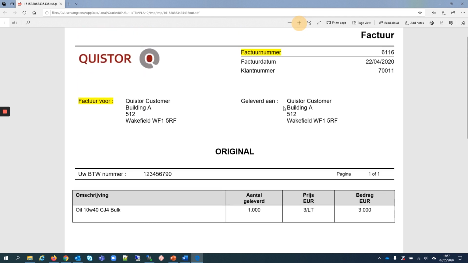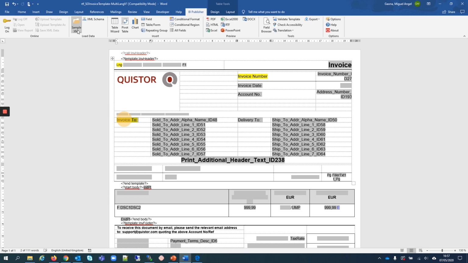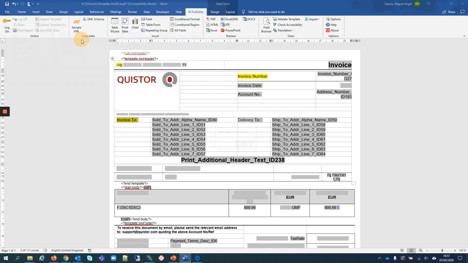So as you can see, in my XML file, my customer language code was Dutch. And as you can see, the different headings are in Dutch. Now let's go back to the RTF, and instead of using the XML file with the language code D, let's load the same example but using the language code E for English. So if we run the preview for the PDF,